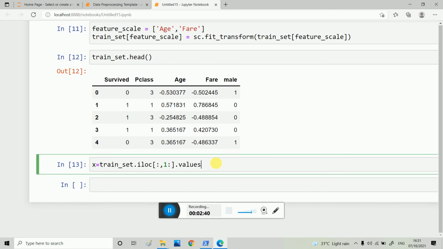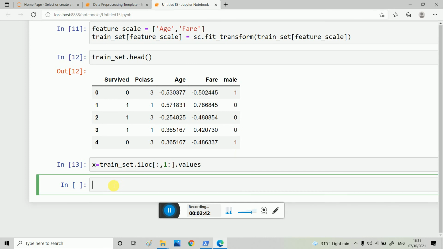Yes, so now I would like to show what X is.